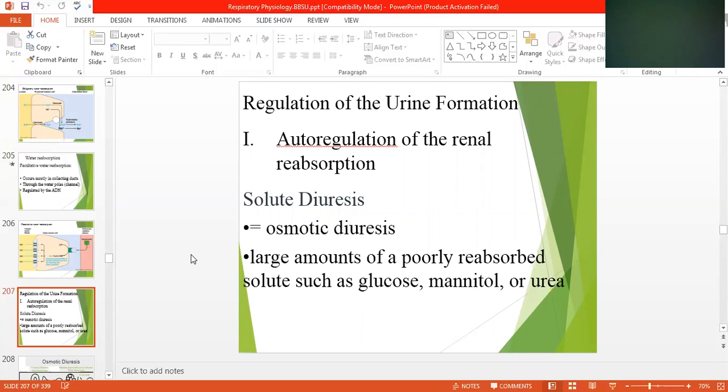Now we discuss the regulation of urine formation, how the urine is formed. Auto-regulation of the renal reabsorption. Auto means we don't want to dictate anything here. It regulates automatically. Blood comes out from the heart to the aorta, and then it will go into the